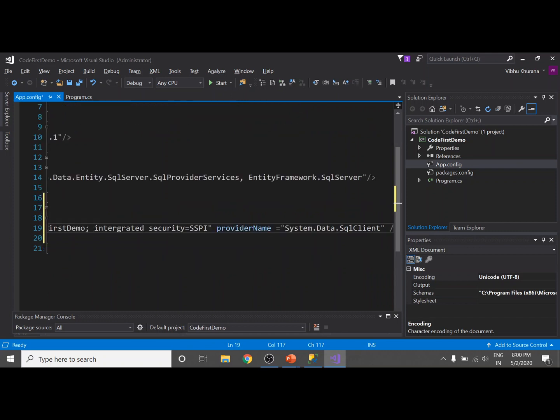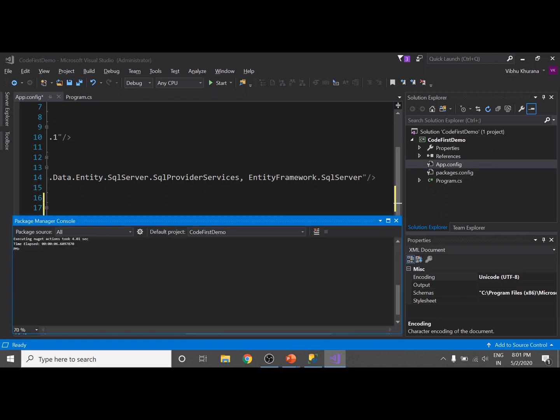Okay, now I am again going to the package manager console. We need to enable code first migrations here. So in order to enable that migration, we just run the command enable migrations. Wait for a while.